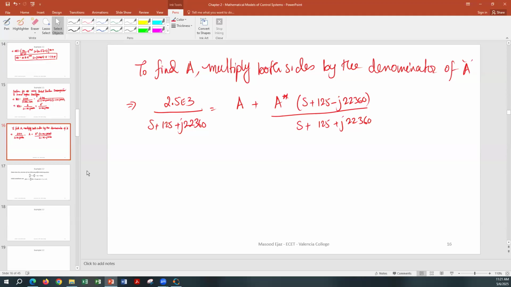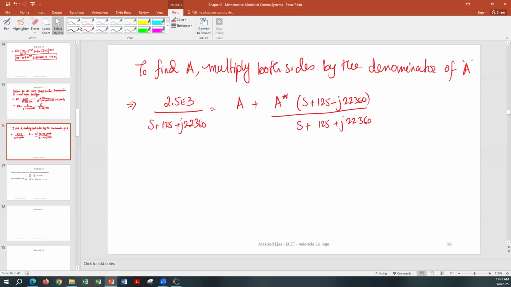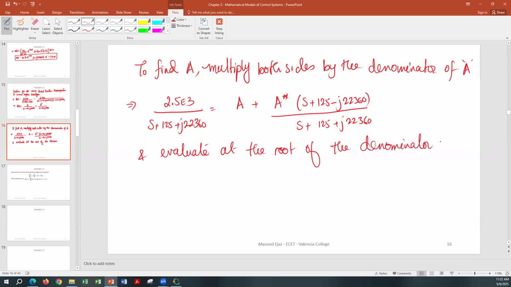And what is that value? You evaluate at the root of the denominator of A. So the root of the denominator of A, you're going to evaluate both sides on that. So the root is negative 125 plus j 22360. That is, s is equal to negative 125 plus j 22360. You're going to evaluate at this value. So when you evaluate at this value,